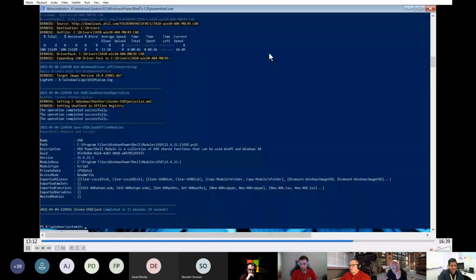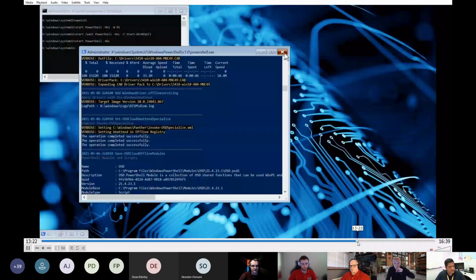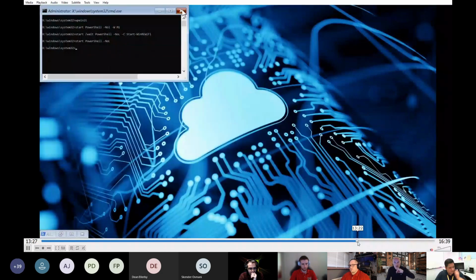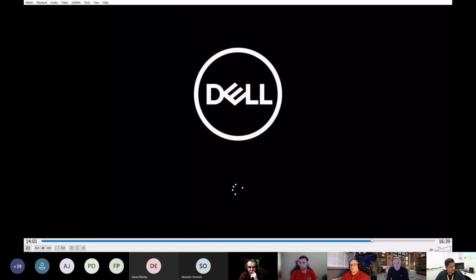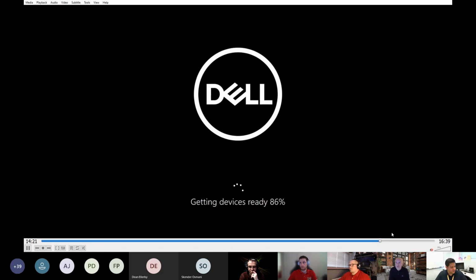And we can go ahead and reboot the machine. The easiest way to reboot is simply to close the command window. This stays open in order to keep PE from rebooting, but closing that causes the machine to reboot. Now, I did manage to record everything on here. You can see I've got my system starting up. And right here, it's installing all the hardware. There's nothing to unpack here because the Dell system used a cab driver. So it's all installed in WinPE. So all the devices should now just be enabled and ready to go.